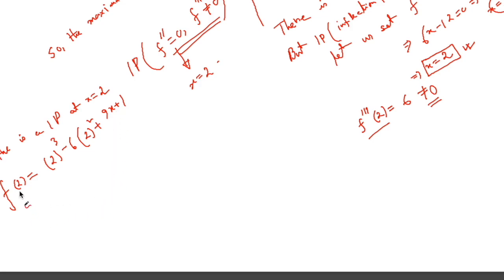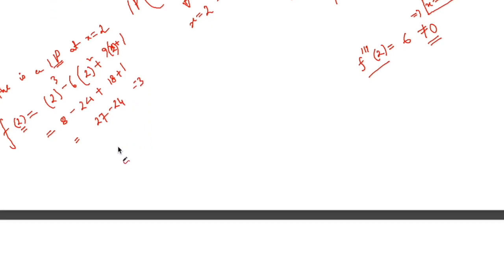To know the y coordinate of the inflection point, you need to put x equal to 2 in the given function. So that will be 8 minus 24 plus 9 into 2, 18, plus 1. This equals 27 minus 24, which is equal to 3. So the inflection point is,